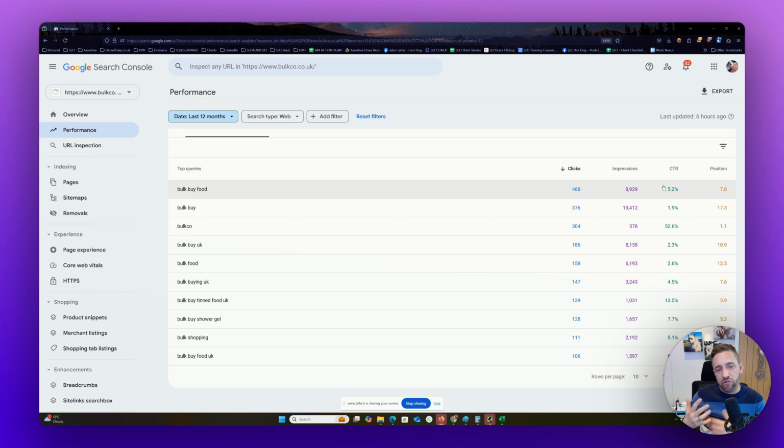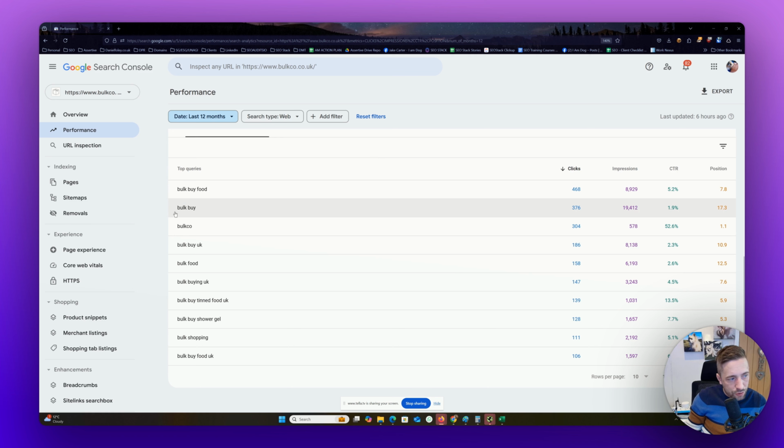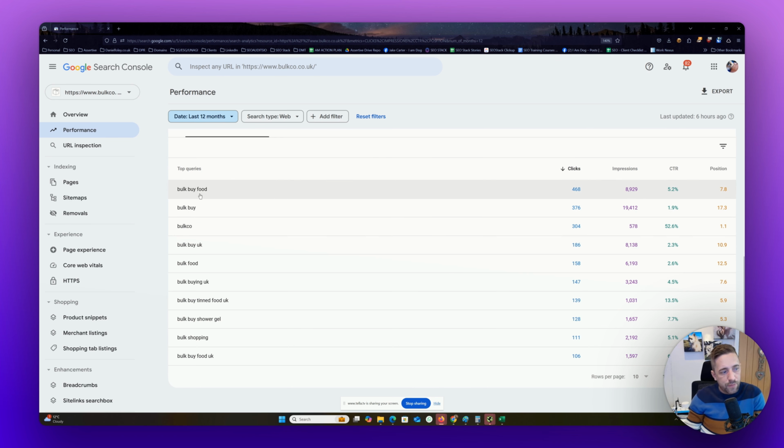So again, each element of this will have its own video, but to give you a rough indicator, if the queries that you see here are related to your brand, so let's say the brand was called Bulk Co., typically, when you see branded queries, you will see a much higher click-through rate. That's because if someone searches for the brand, the probability that they're going to click on the website is much higher. So typically, click-through rate for anything to do with your brand and misspellings is generally going to be